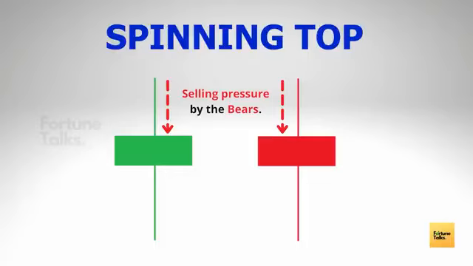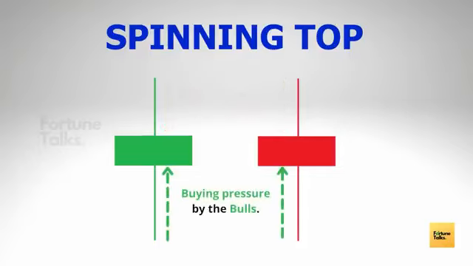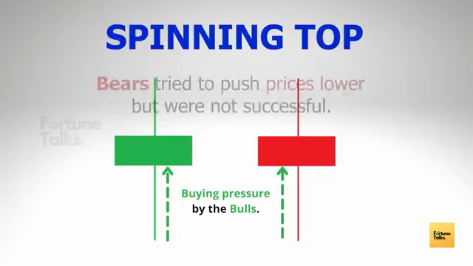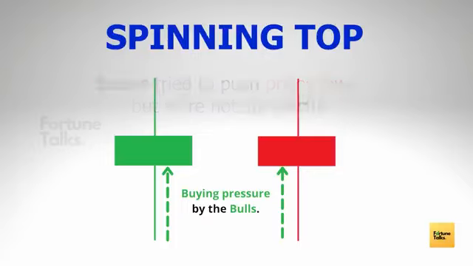Hence, this can be treated as an attempt by bulls to take the market higher, but they were not successful at it. Similarly, the presence of a lower shadow tells us that the bears did attempt to take the market lower. However, they were not successful in their effort. If they were really successful, then the real body would have been a long red candle, as in the case of a bearish Marubozu. Hence, the bears' attempt to take the market lower can also be treated as an attempt which